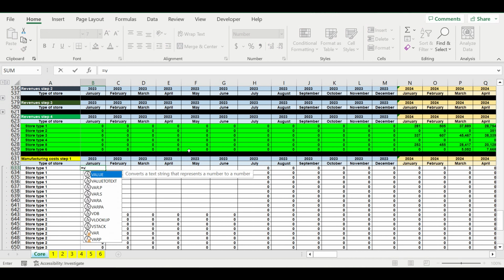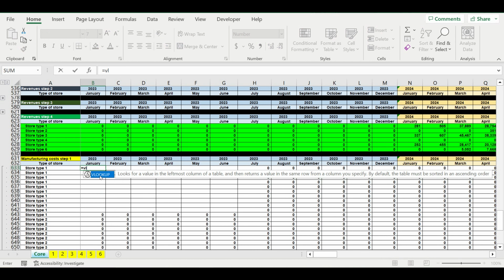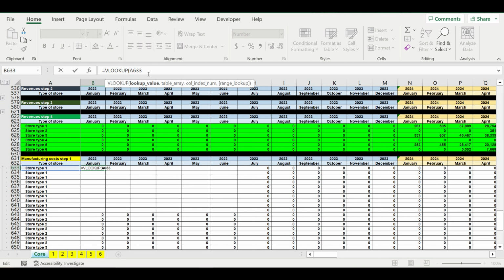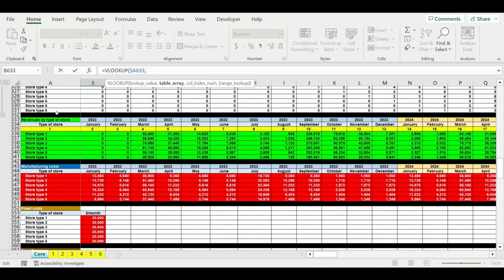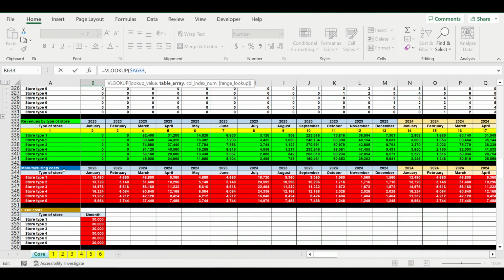So I will be using VLOOKUPs. So I will be searching for this value. I'm freezing this value. I'm going up, and I have this table for manufacturing cost assigned